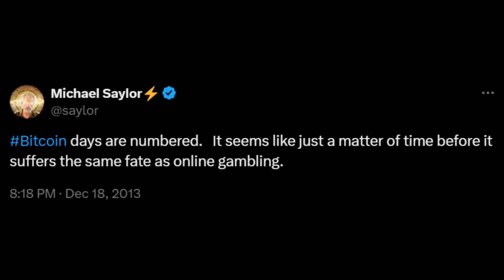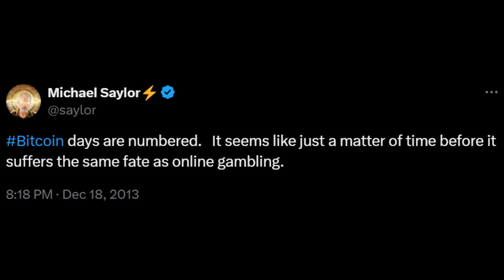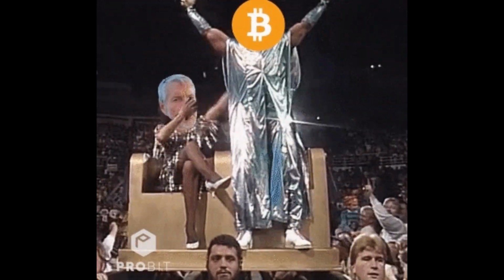Suffice to say, Bitcoin is not going anywhere. I know many skeptics will never believe that Bitcoin will ever have any intrinsic value, and you know what? That's fine, because eventually, even the biggest Bitcoin skeptics will capitulate. Look at Michael Saylor. Michael Saylor was a huge hater on Bitcoin in 2013. He said Bitcoin was going to zero. Let me find that tweet. And who is Michael Saylor today? Michael Saylor is the high priest of Bitcoin. You don't talk about Bitcoin without talking about Michael Saylor and his MicroStrategy. They are one and the same. "Bitcoin? Oh, you mean Michael Saylor?" "No, I'm talking about Bitcoin." "You mean Michael Saylor." Just kidding. Point is, everybody eventually capitulates.